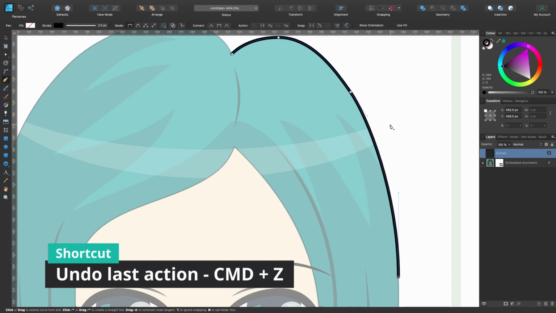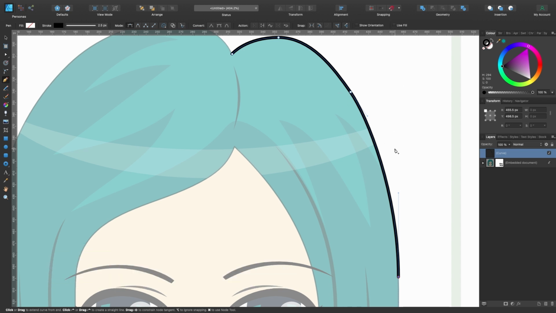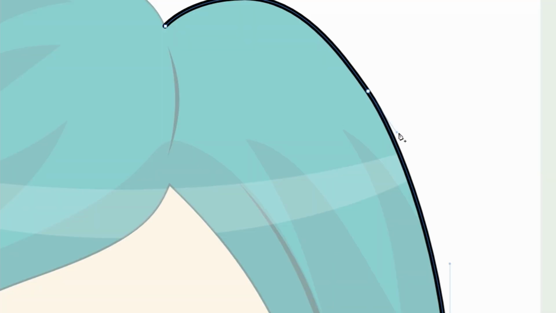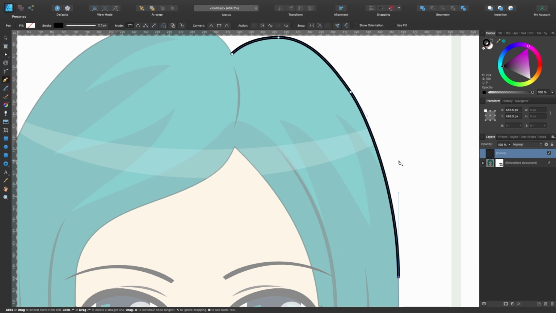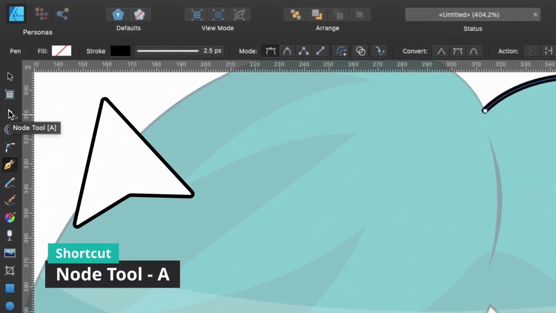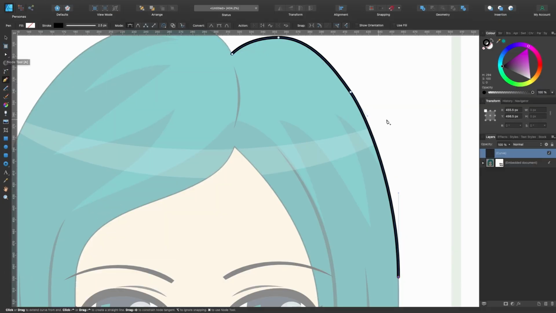Or if you want to manipulate these shapes a little bit more, you can do that too. Now, I'm not going to go crazy in depth. As I've said, I've made a full pen and node tool tutorial, but I will show you what's needed to get the job done here. So currently I'm in the pen tool. And if I want to manipulate these nodes or these handles over here, then I can quickly switch to the node tool, which is over here. The shortcut is A. But rather than do that, I like to just switch from the pen tool to the node tool, kind of in a shortcut fashion.